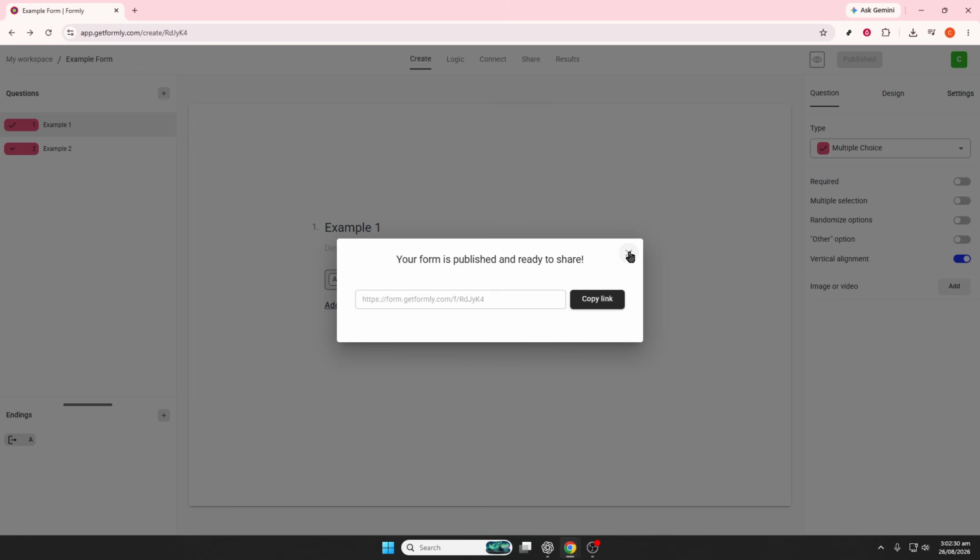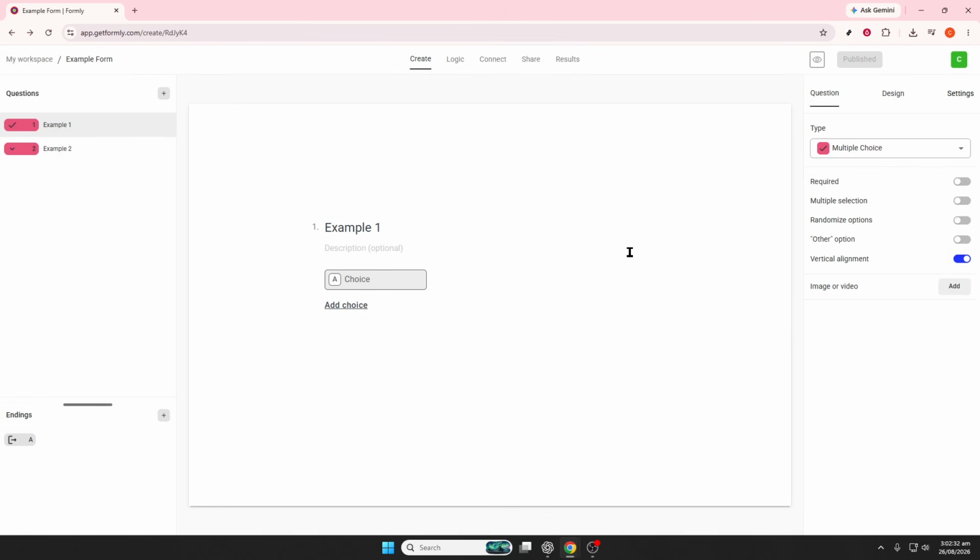Finally, preview the full design and review the title, spacing, colors, logo, question formatting, buttons, and thank you screen. Test it on both desktop